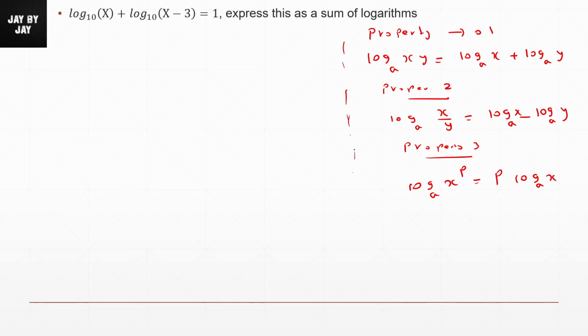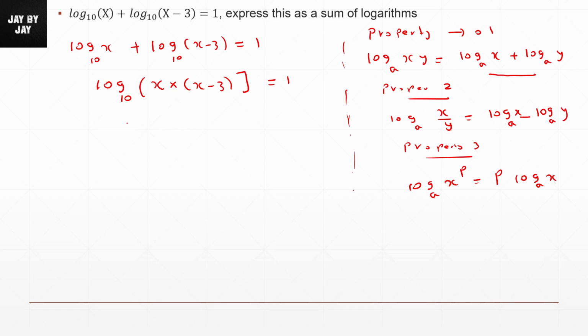Next, we will try to solve this particular example using these three properties. The example given is log 10 to the x plus log 10 to the x minus 3 equals 1. So what is the rule? This is the rule, because on the left hand side of the equation, the base is the same, 10. We can write log a, where a is 10, x is x, and the y value corresponds to x minus 3. So we will have log 10 to the x times x minus 3